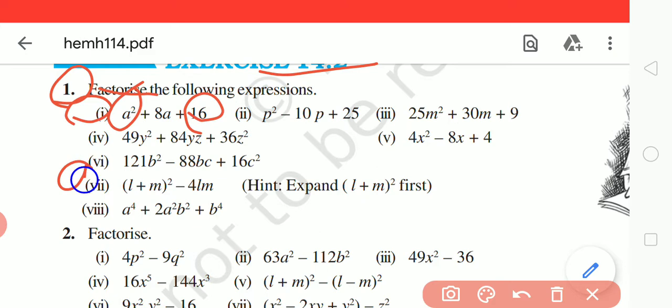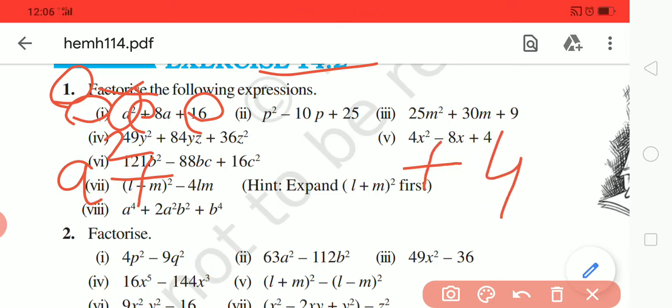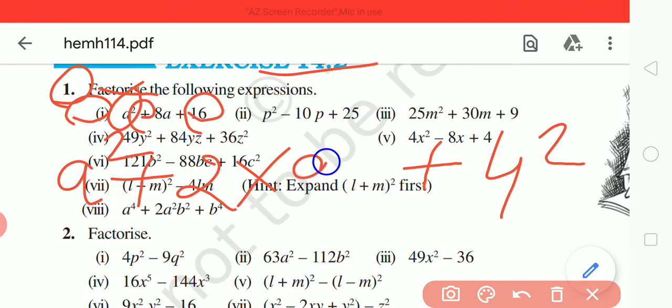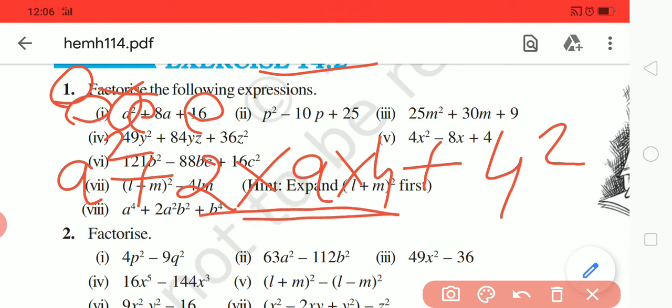So you can write it a square and now you will just follow the same sign. This is plus, and leave some space, and after that you will write the last term, that is 4 square is 16. So you just write 2 and multiply it with the base of the first and last term, that is a and 4. If you get 8a, the same middle term, then our identity is right. So 4 twos are 8a, yes, our identity is right.